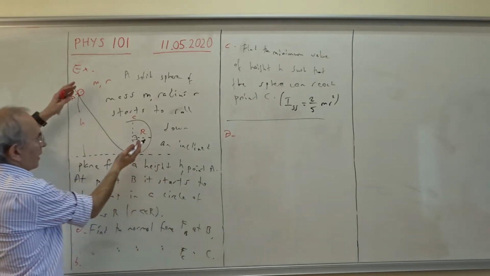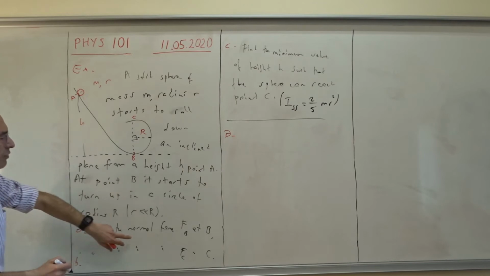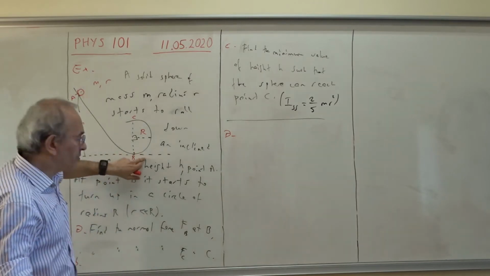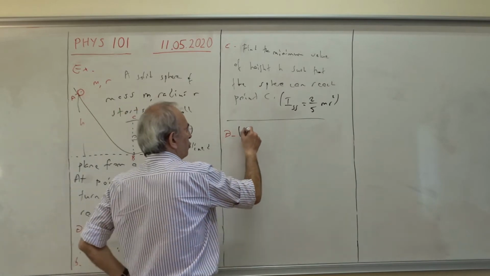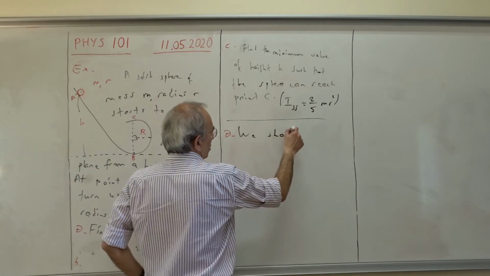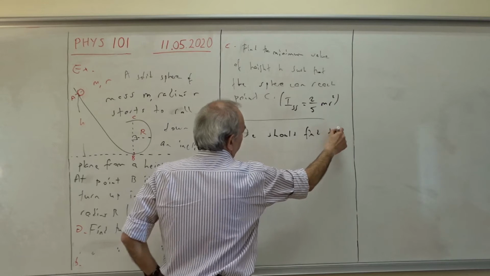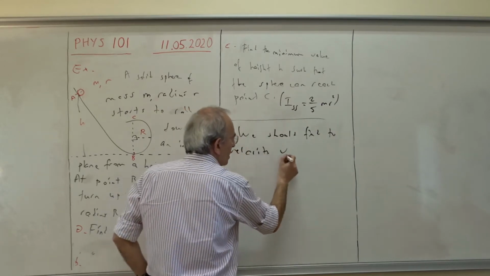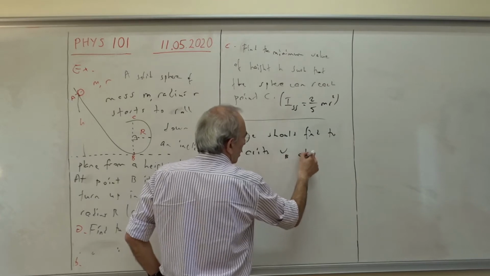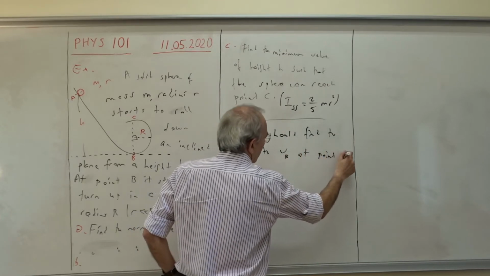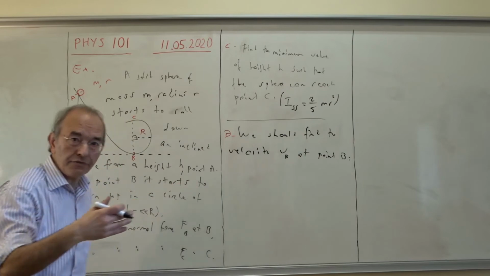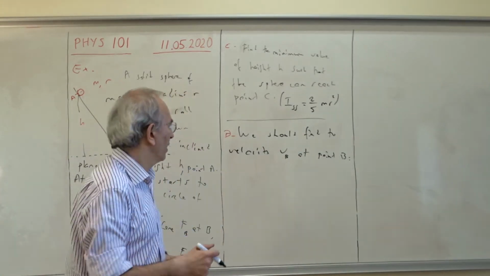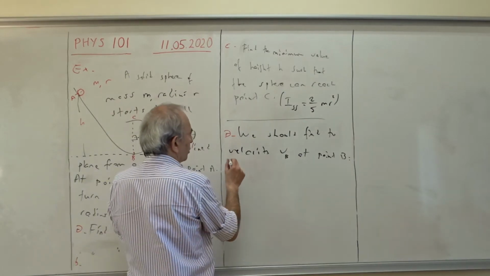So we will compare A and B. The first part says find the normal force Nb at B. So we should find the velocity Vb of the object at point B. But in order to find it, we should write not only the energy conservation but also the forces. For energy conservation,